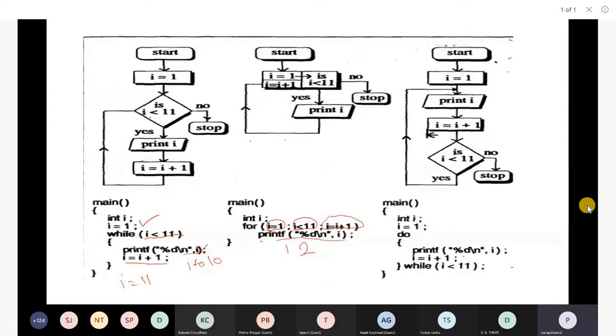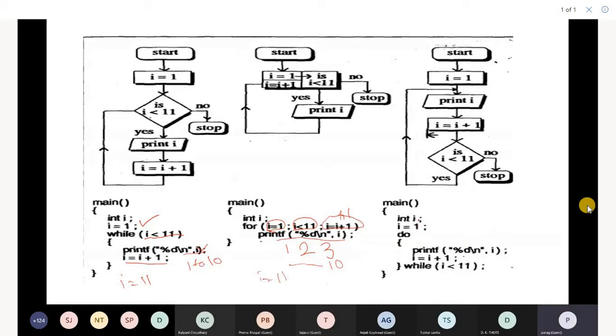Then I will be 3, less than 11, the condition is true, 3 will be printed, then I will be 4. This will run till 10. Then I is equal to I plus 1, I will be 11, less than 11, the condition fails. Outside this loop, the value of I was 11.